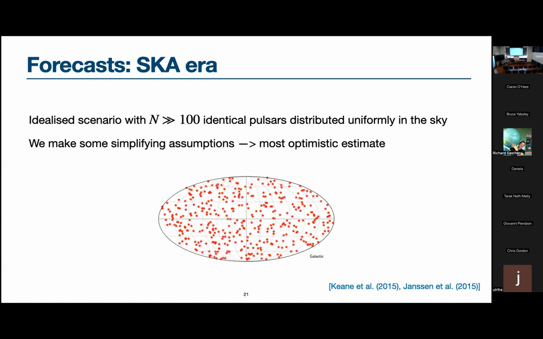At present, given that we don't know much about where the new pulsars will be and what their noise properties will be, we try to develop a simple idealized scenario in which we observe a large number of pulsars, which we distribute uniformly across the sky. And these pulsars have completely identical noise properties. These simplifying assumptions allow us to carry out the estimates for the forecast completely analytically, but they also represent the most optimistic forecast you could get. A realistic analysis would give you a slightly lower sensitivity, I would expect.